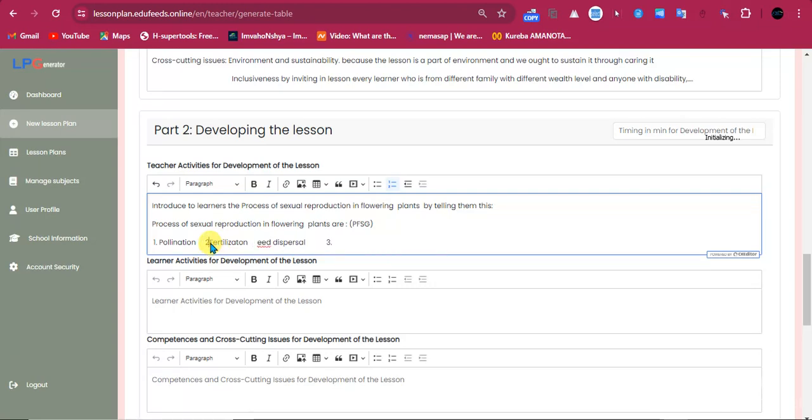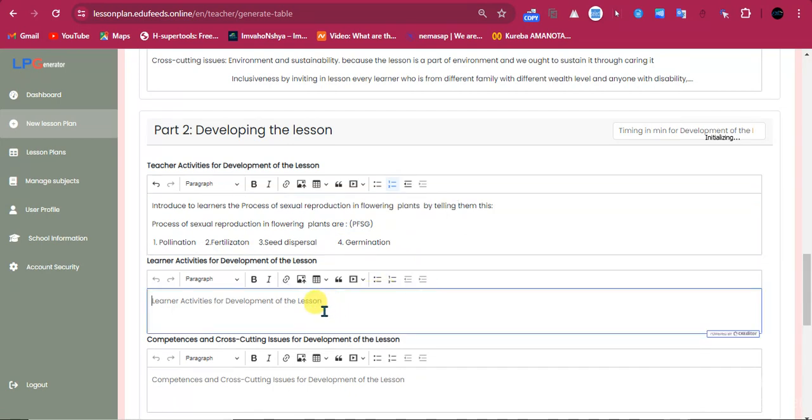After fertilization, as we know, the fruit comes from the ovary, then the ovaries produce seeds. Those seeds are dispersed. After seeds are dispersed, they start germinating, what you call germination. Yeah, this is the main.